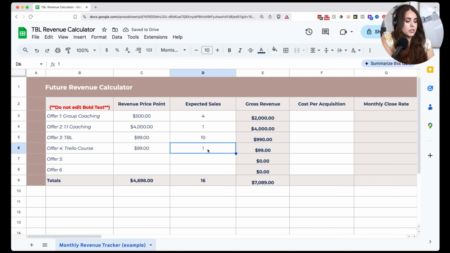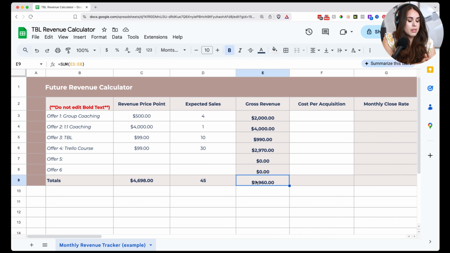And then I want to go in here and sell, let's say 30 copies of my Trello course. Now we're starting to balance out those offers and I can play around with the total to see, oh, okay, so now we're hitting about $10,000 a month. Now, if I want to hit the next milestone, and let's say that I want to hit $20,000 or $30,000,